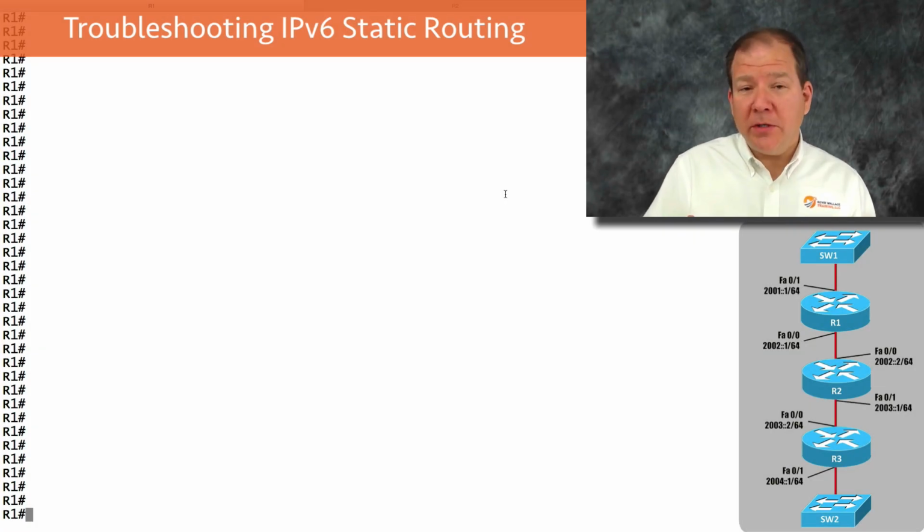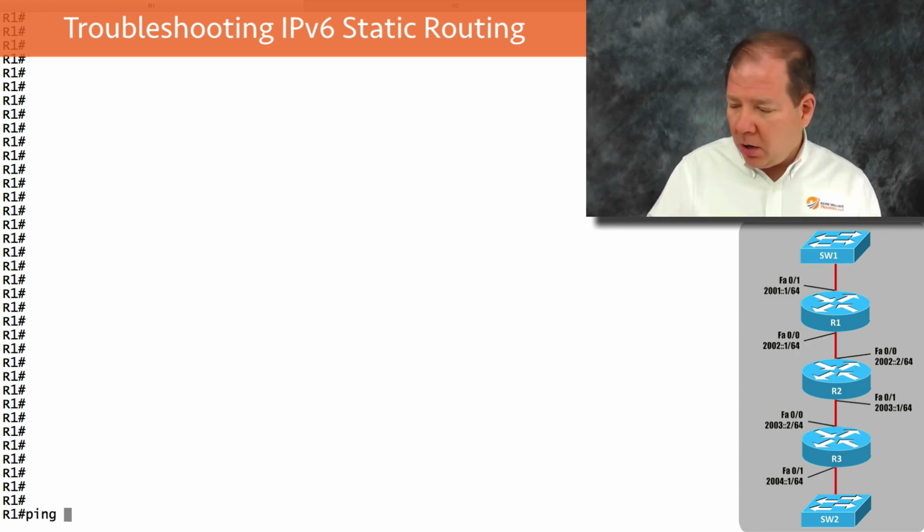In our last video, we talked about troubleshooting IPv4 static routes. Well, we could have IPv6 static routes as well. Let's talk about what's unique about an IPv6 static route. Using this topology, let's see if I can ping from router R1 to the Fast Ethernet 0/1 interface off of R3. Let's see if we can ping its IPv6 address, which is